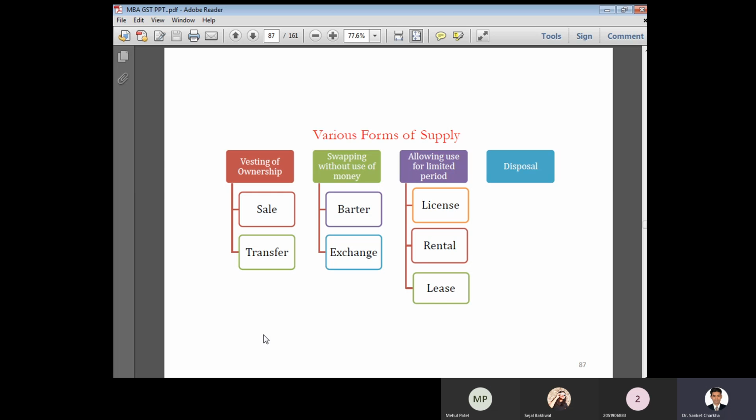Okay, now forms of supply. While understanding the forms of supply, the major four categories provided at this stage are that supply can be divided into four types: vesting of ownership, swapping without the use of money, allowing use for a limited period, or at the part of a disposal. The first thing, understanding vesting of ownership. So a supply can be identified or defined under